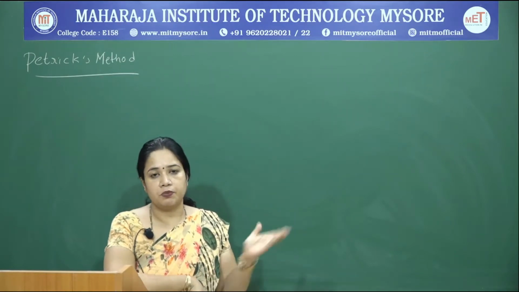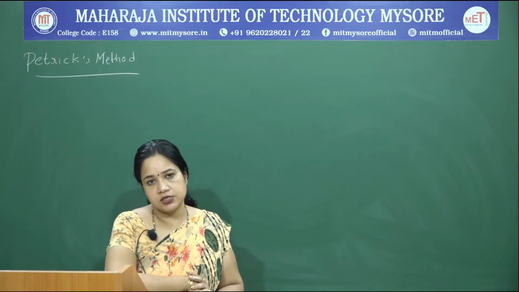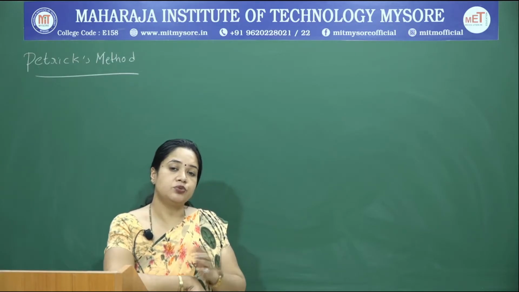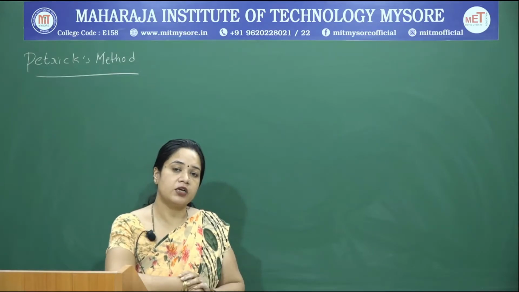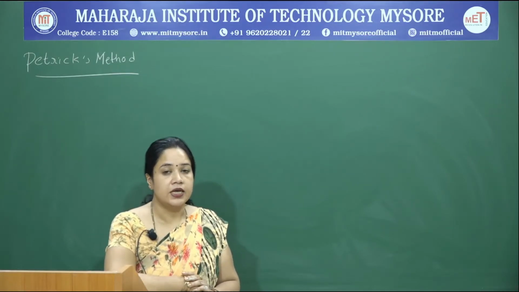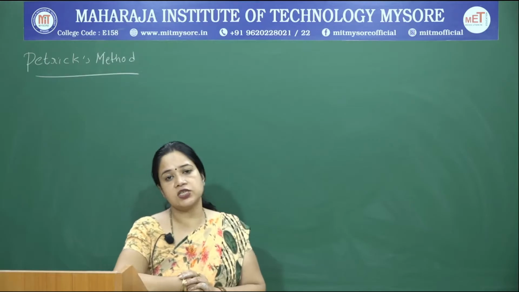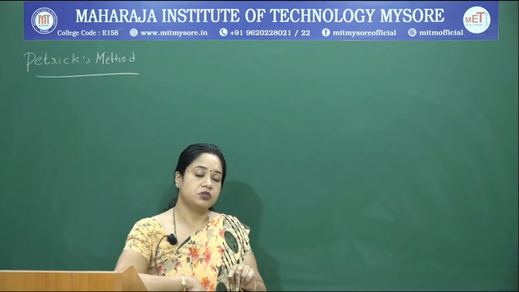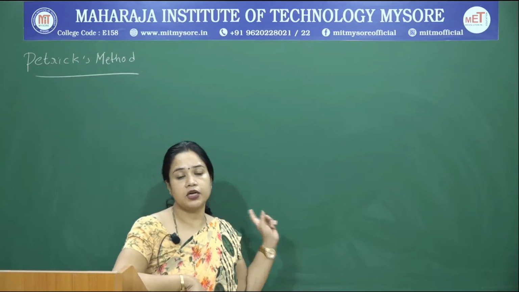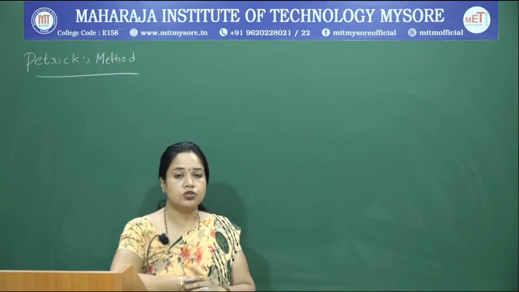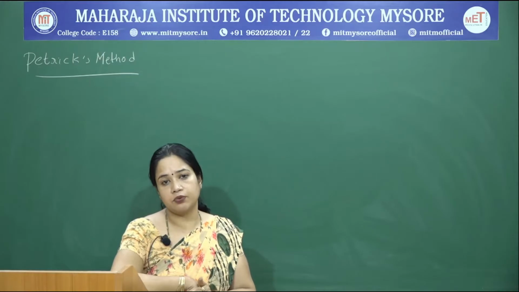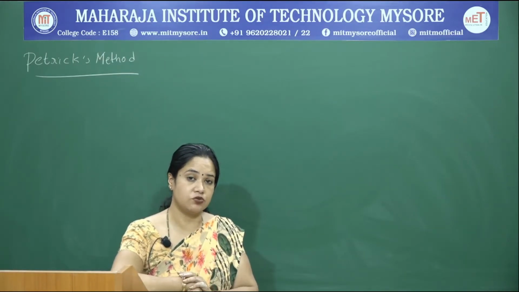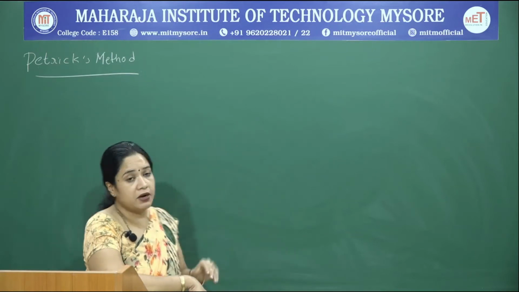So, the problem with the Quine-McCluskey method is that each Boolean expression may lead to more than one simplified solution. In such a scenario, we will have to look into a trial and error approach to identify all possible solutions. So, we have a more systematic approach of arriving at all possible solutions, using what is called Petrick's method.